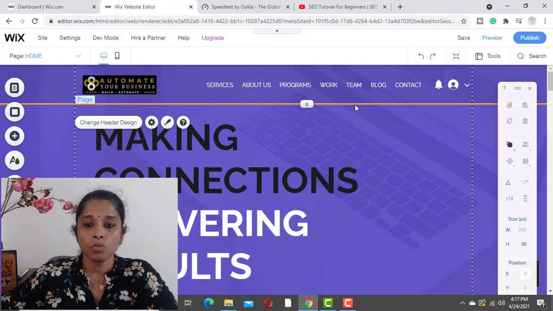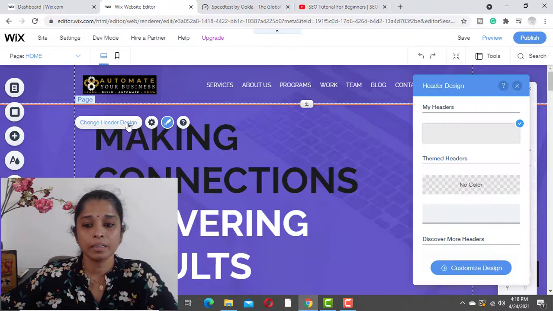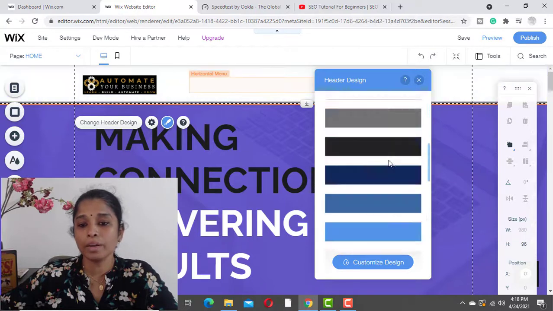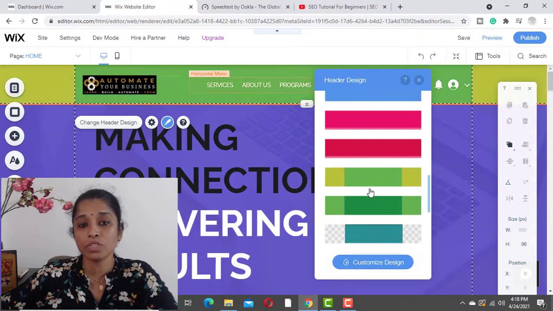Now, if you want to change the header design, just click as we did before. You can find the change header design button. Click change header design. You can see the options over here. To choose the header options, you can see all the themed headers and designed headers which are already pre-made for our website.